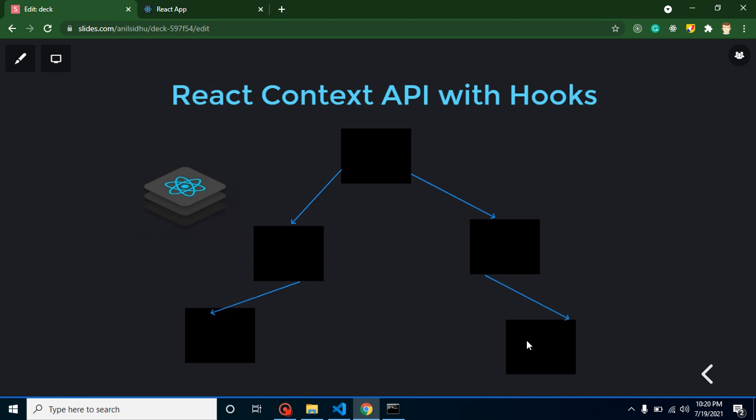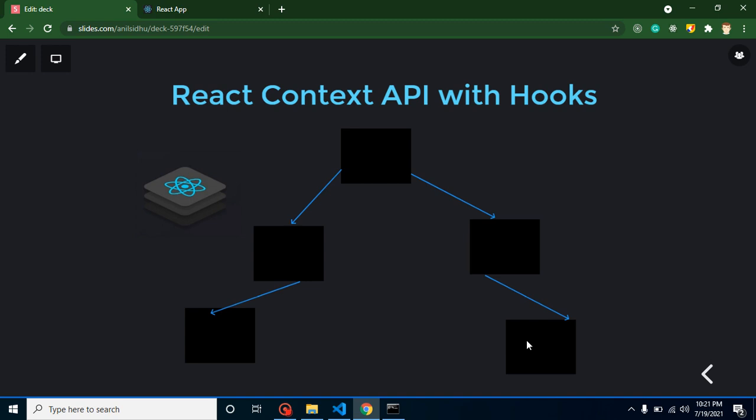The second thing is, whenever we are using Redux, it must be applied on our complete project. But whenever we are using Context API, it is not a must that we apply it on our complete project. Let's say we have 50 components in our project. We can apply it all over the project in all 50 components, or we can apply it only to 10 or 20 components, where we just need it. This is the flexibility of Context API.